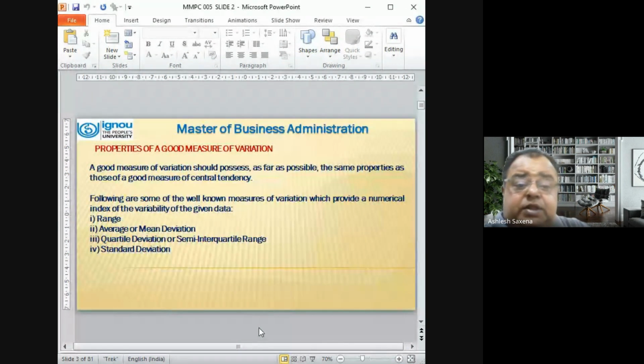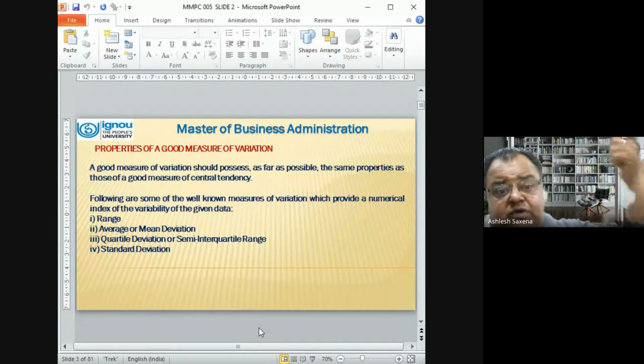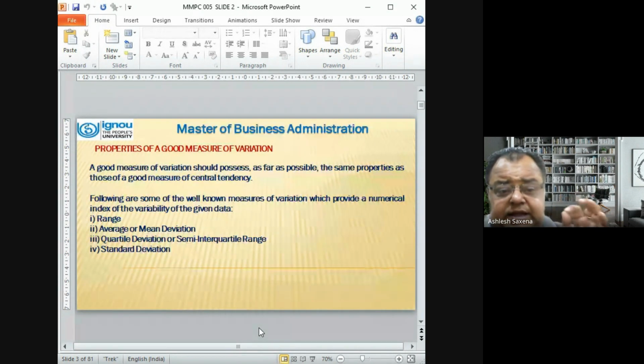What are the properties of a good measure of variation? A good measure of variation should possess, as far as possible, the same properties as those of a good measure of central tendency. Following are some of the well-known measures of variation which provide a numerical index of the variability of the given data. That is, range,